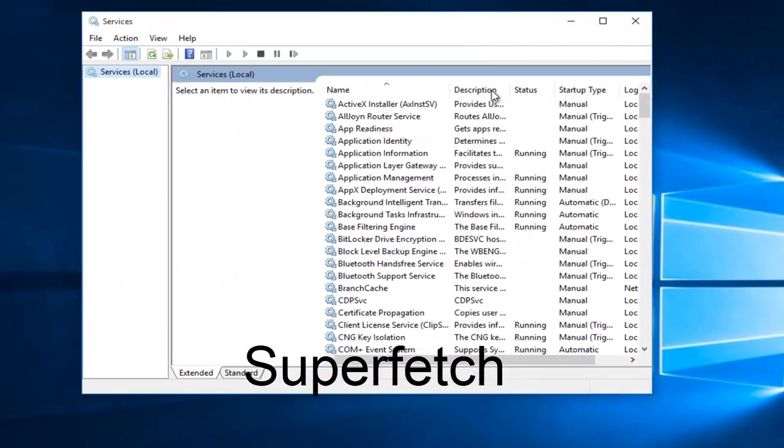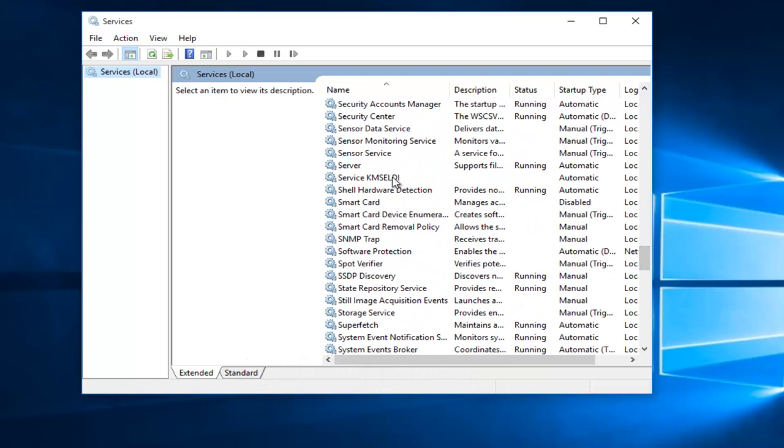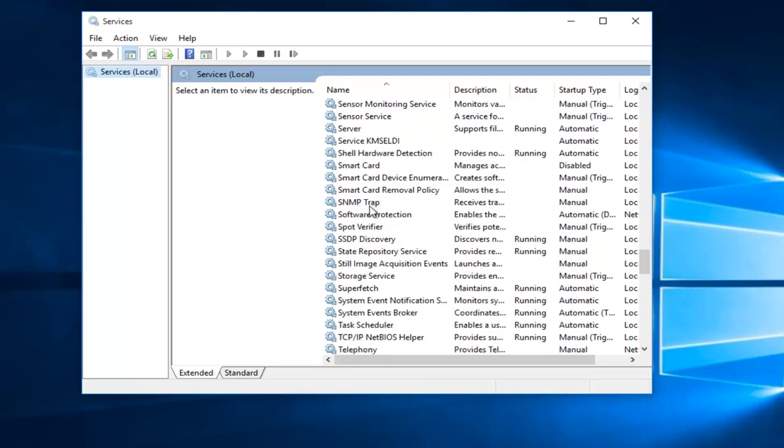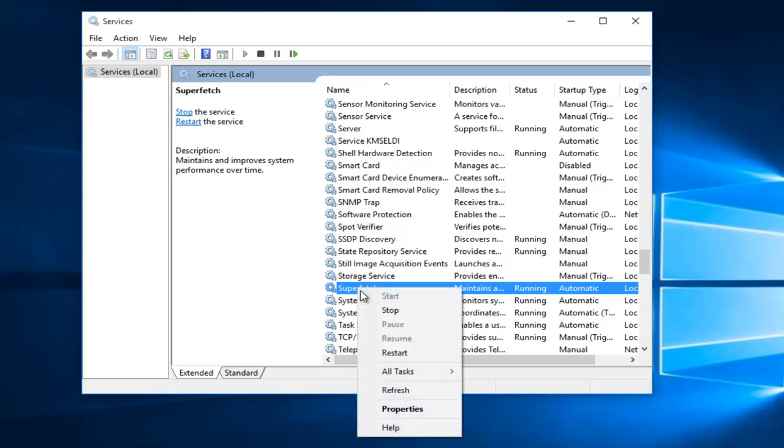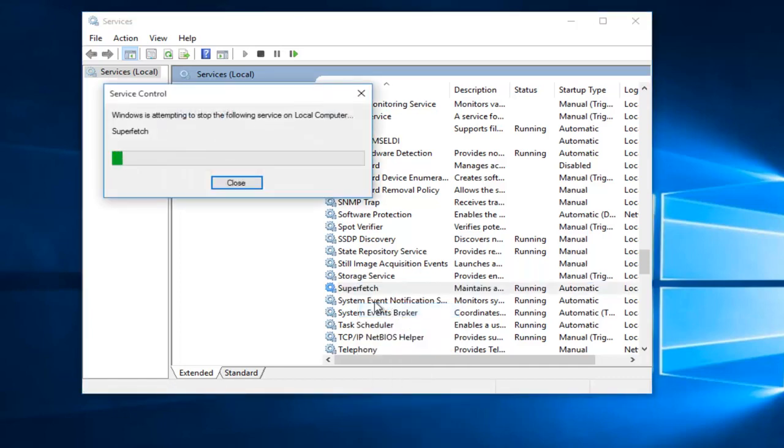With the Services window open, what we want to do is head down until we find Superfetch. So I'm just going to keep scrolling down here. And if we read the description of it, it says maintains and improves system performance over time. If the first method does not work for you and your memory usage has not decreased, what I recommend doing is right click on the service, left click on Stop,